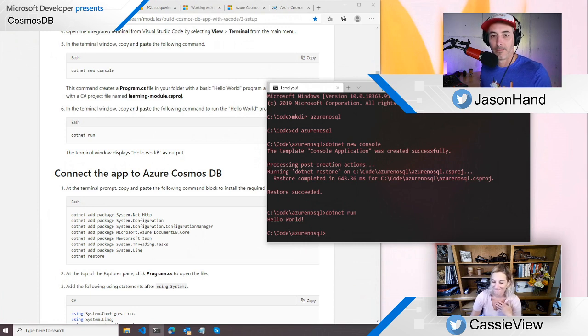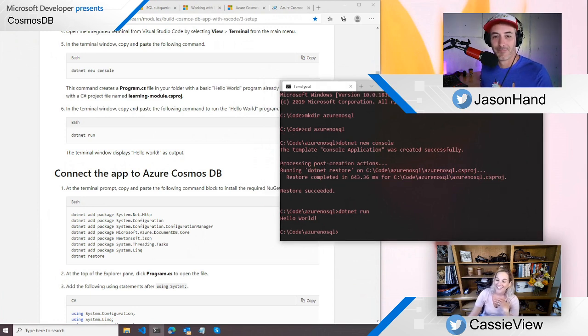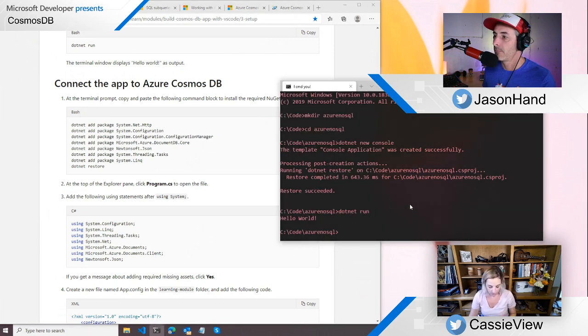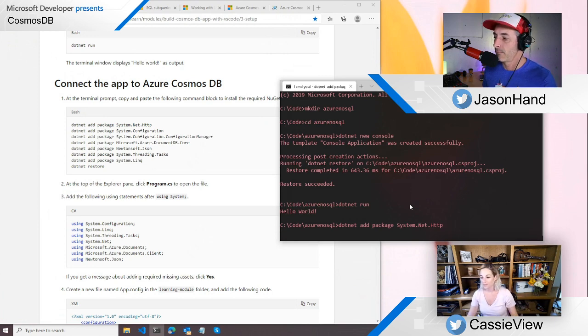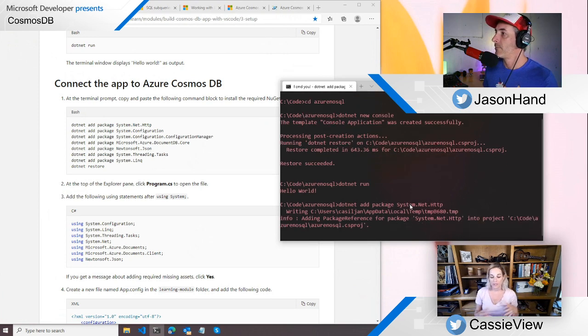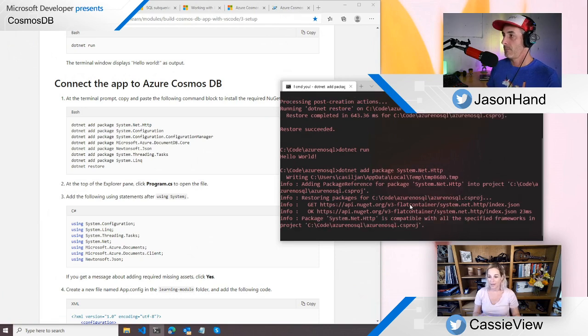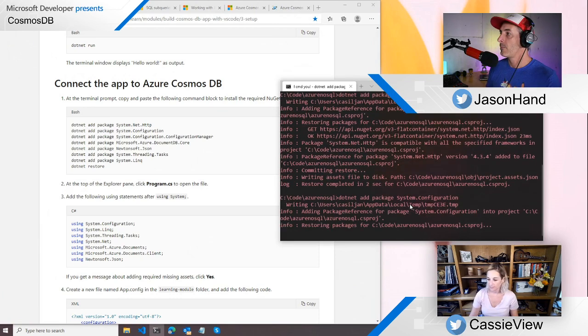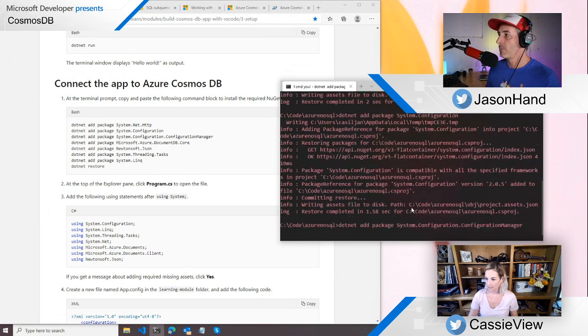Okay, so when we ran the application, we got a hello world, and that's what we want. That means we were able to add it. And then we're going to copy and paste our packages. So if you're a .NET person and you're used to using NuGet through Visual Studio, you can also use the CLI to add packages from NuGet. And if you don't do C# and maybe you do Node, NuGet is the package manager, like NPM is the package manager for Node. So this is going to go through and install all my packages.